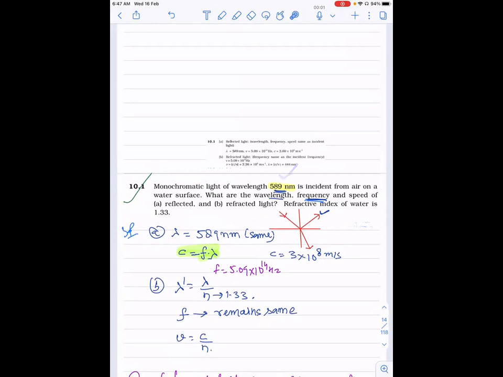Wavelength is given in air. What are the wavelength, frequency, and speed of reflected and refracted light? Frequency does not change, whether it is reflected or refracted. So using C = fλ, we will first find the frequency. Using the point that frequency remains the same, in the second medium